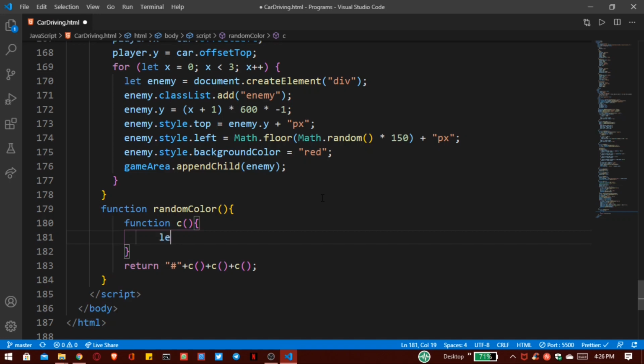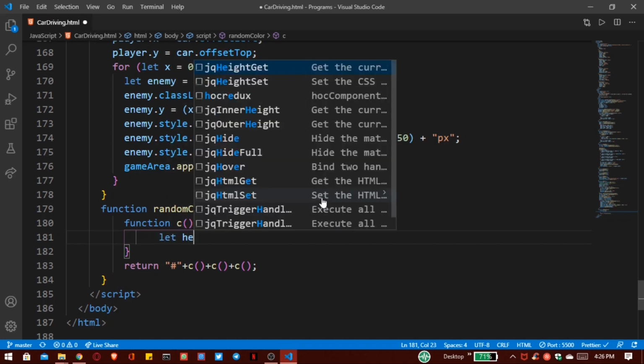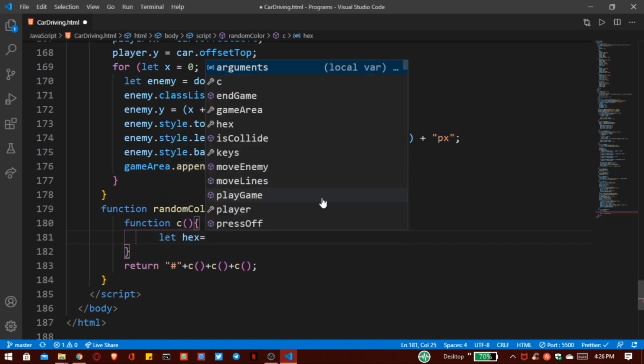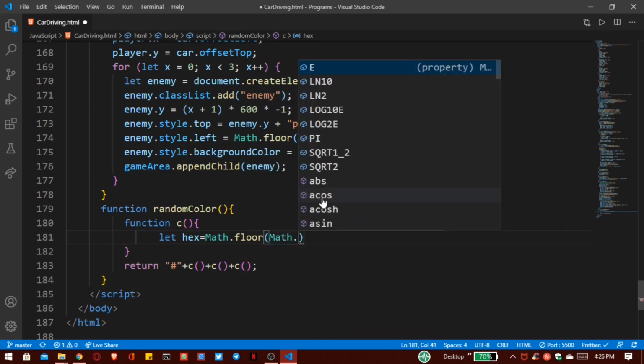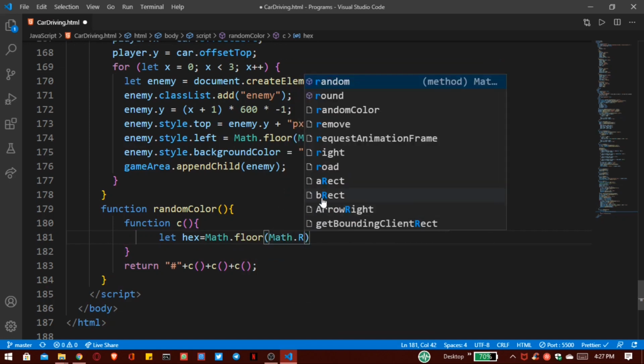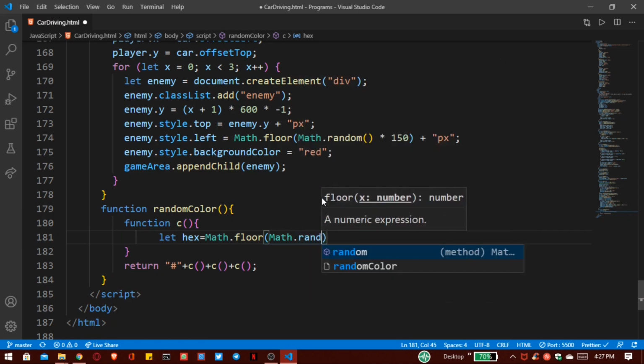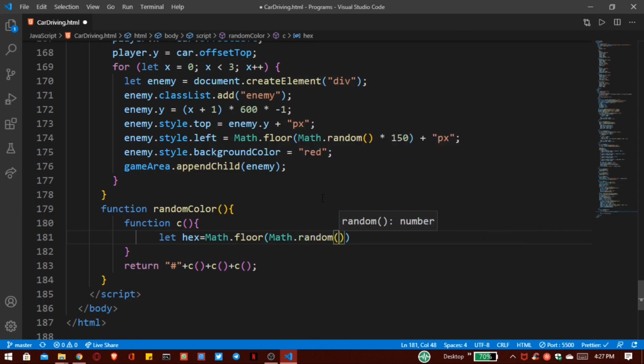First I want to declare a variable called hex, and I want to get a random color. So first Math.random. I want to multiply with 256 because I want RGB colors.